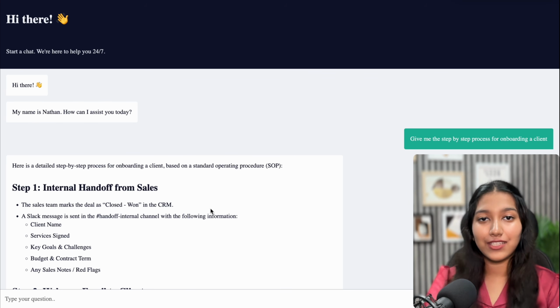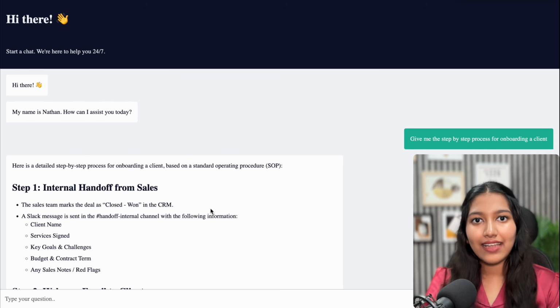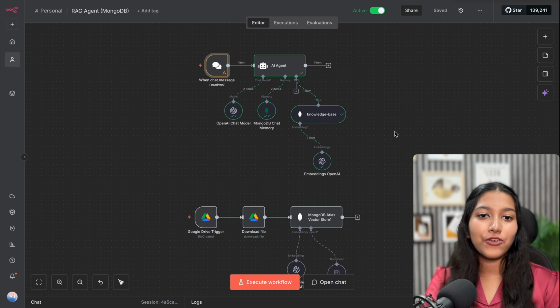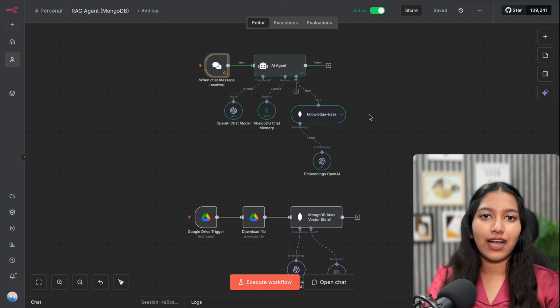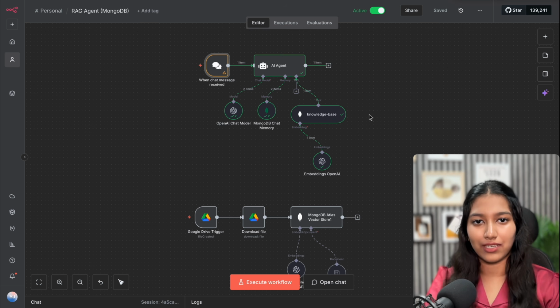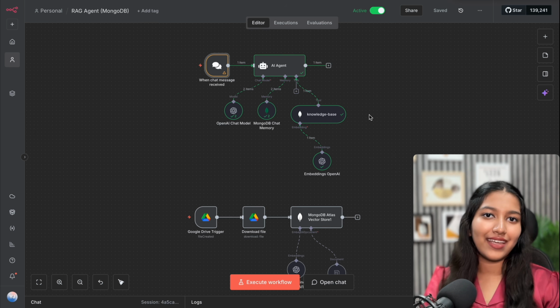We have tested it with a CSV and a PDF, and it did excel. So that's how you connect a knowledge base to an AI agent. Basically, that's how you set up a RAG agent. If someone is wondering what's the full form of RAG, then it's Retrieval Augmented Generation. I wish it was as easy as uploading the files directly, but we need to go through this extra step of connecting a vector store for production ready AI agents.